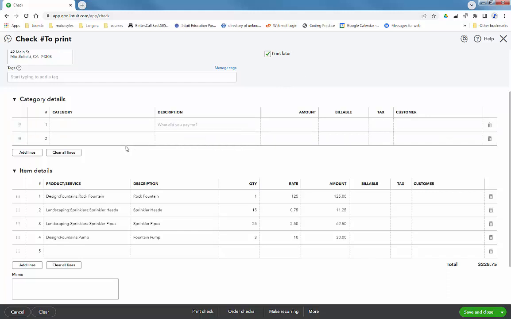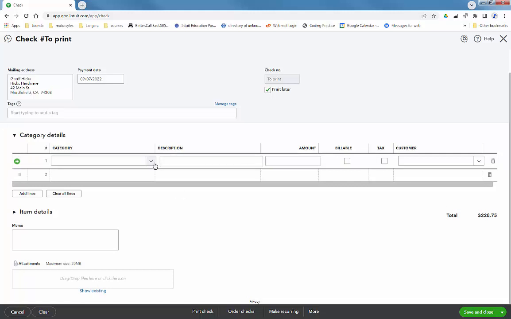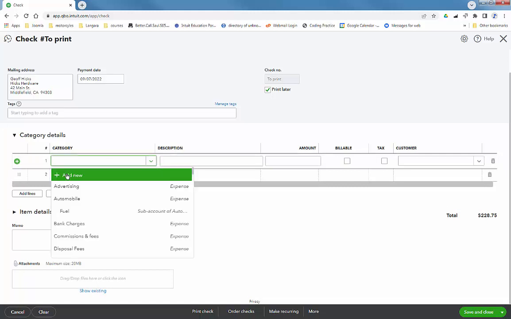So again, we're the end consumer of this particular purchase, so I'm just going to twirl the item details. We're not buying anything for resale. I'm going to be buying some new shelving for our warehouse. So we don't presently have an account for this, so I'm just going to quickly add an account. Again, category means account. So I'll click on the drop down, add new,